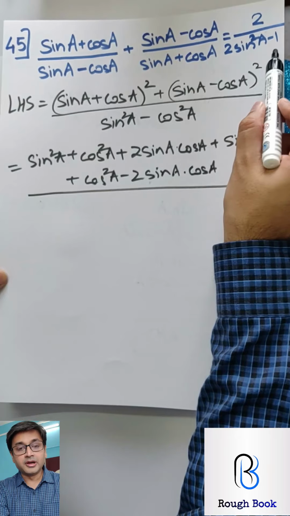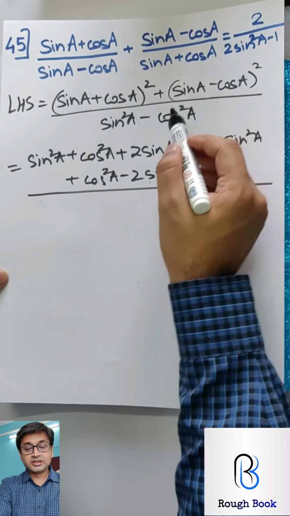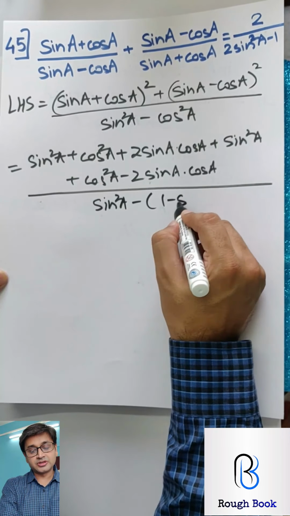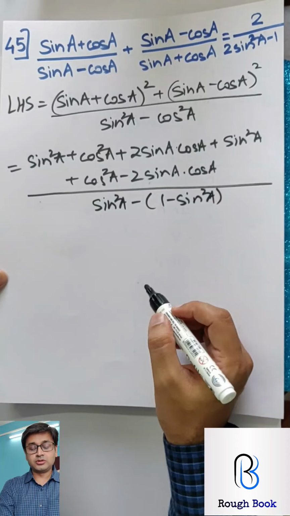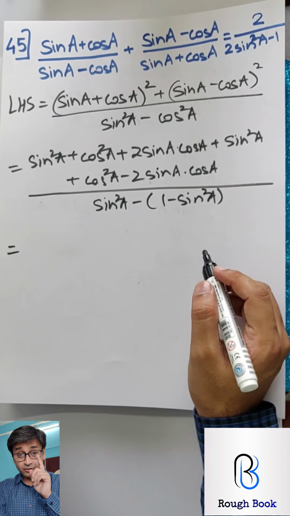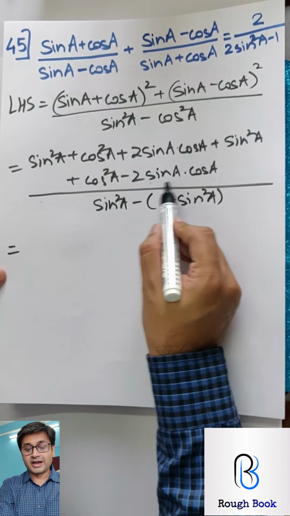So if I look at the denominator here, I need sine, but do I need cos? No. So let's get rid of the cos. How to get rid? Square ratios. So cos square is 1 minus sine square. Write the reason. I don't have place, so I'm not writing it, but I have not forgotten it. Okay. Now the numerator. Can you see plus 2 minus 2?